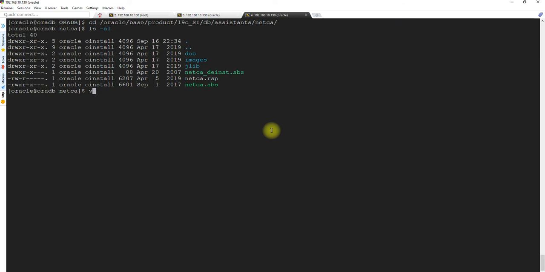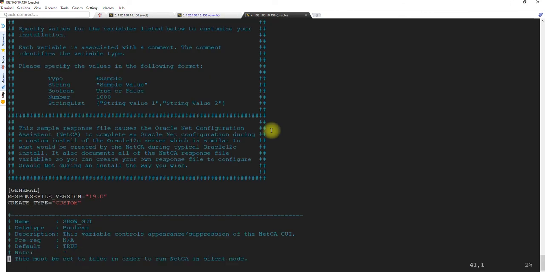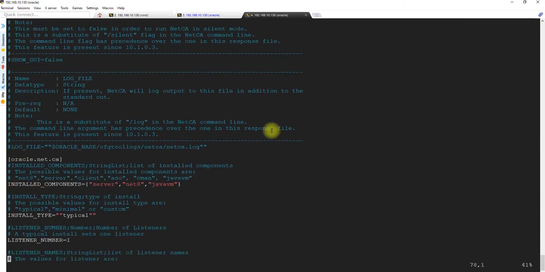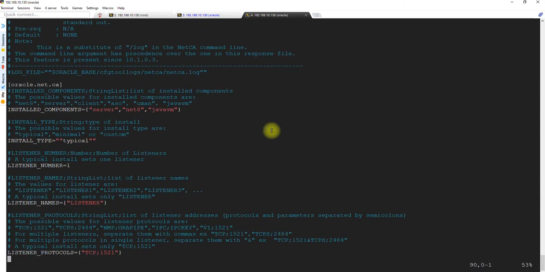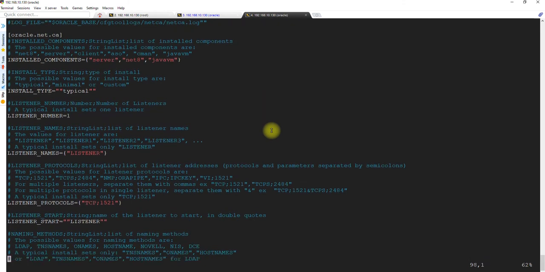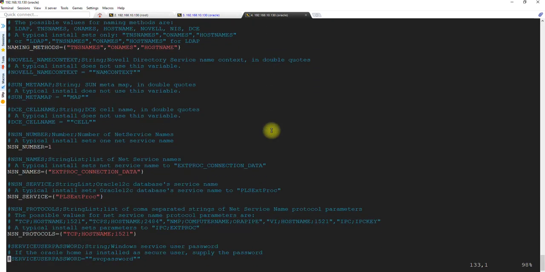So vi netca.rsp, let's check the response file for netca as well. I don't think we will need to modify anything here. So listener name will be LISTENER, protocol will be TCP on 1521. Okay, I think everything should be fine.